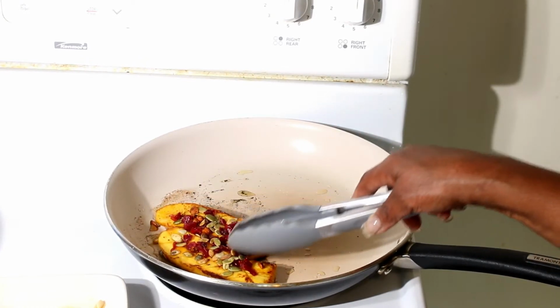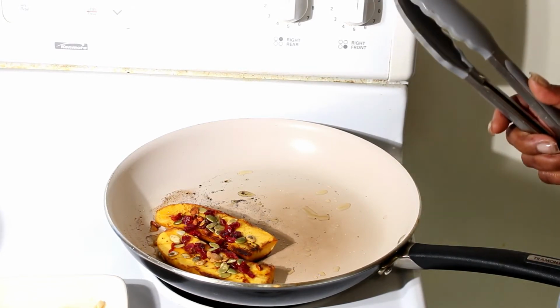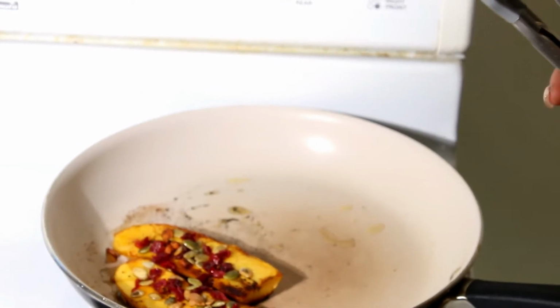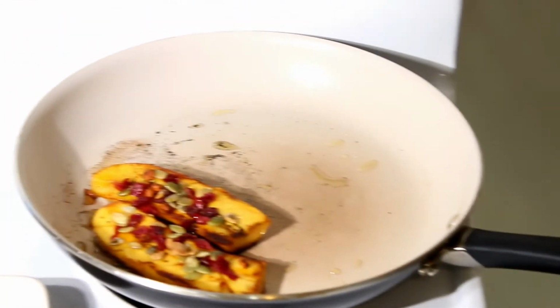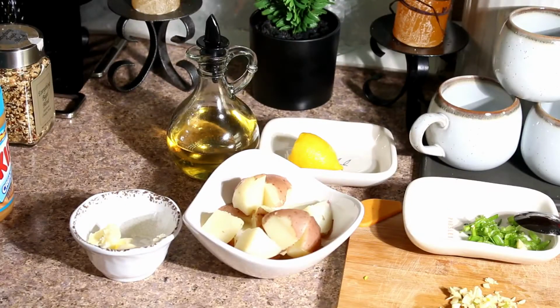That's going to give it a kind of crunchy taste. Hopefully you guys can see. I'm gonna zoom you in a little so you can get a better view as to what we're doing here. Bring my camera up closer. This is so pretty. Okay guys, so all the plant-based dishes are done, and we're just about getting ready to